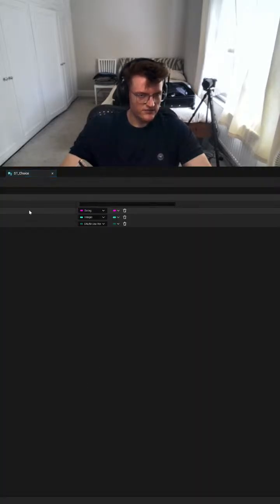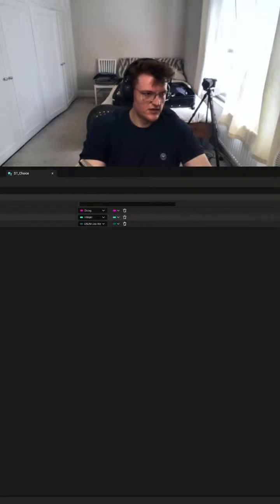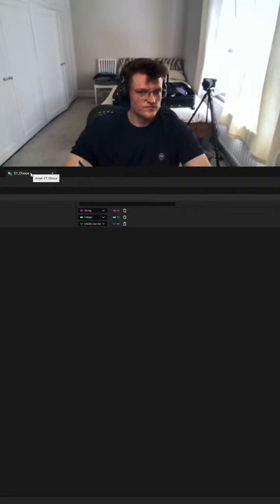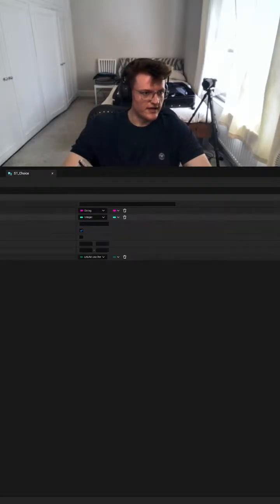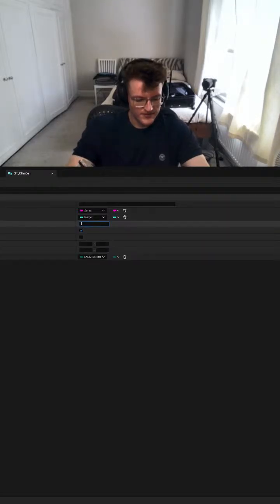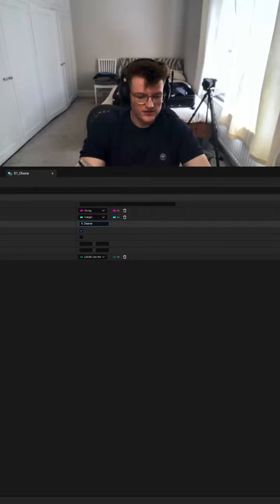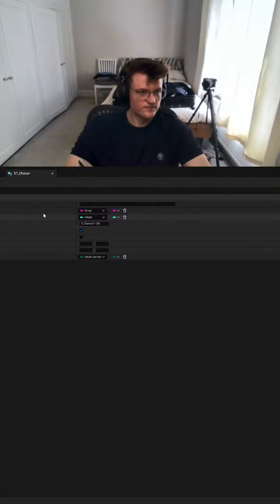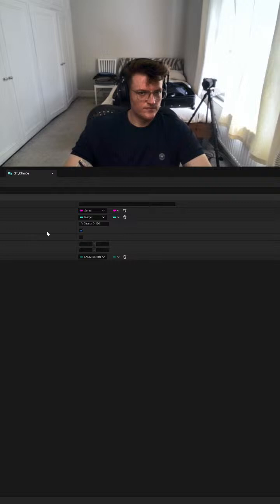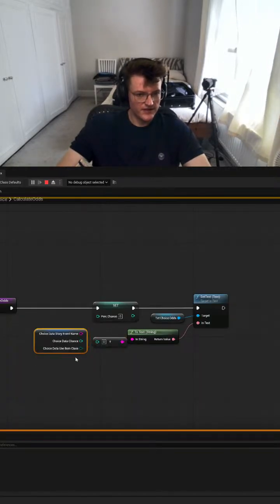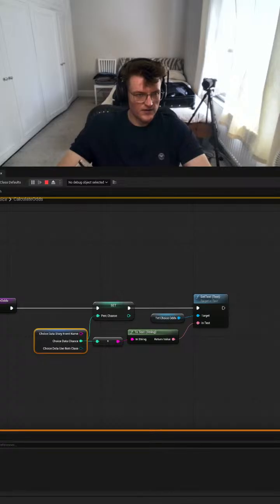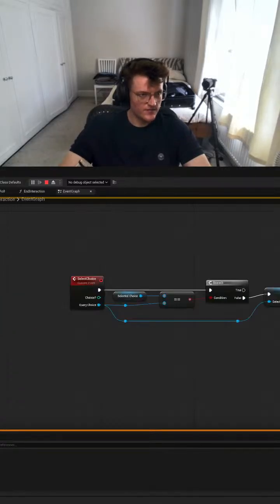ST choice is, rather than required roll, we're going to say chance. And maybe we should add a tooltip: percentage chance 0 to 100. Cool. This is probably going to break some things, but that's fine. Percentage chance, interaction,